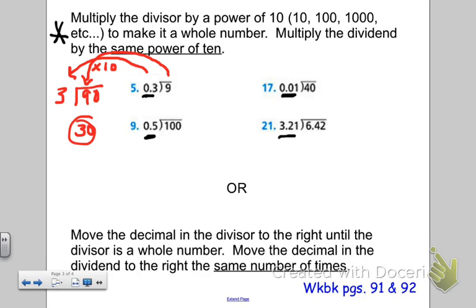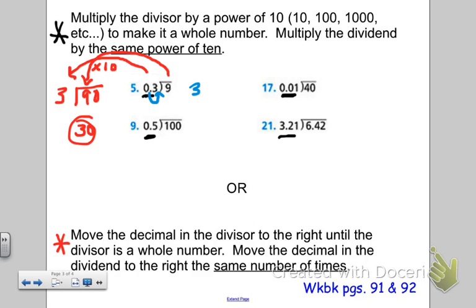Another way to look at it, if you look at the bottom, you basically are moving the decimal in the divisor to the right until the divisor is a whole number. I multiplied by 10 because I knew that would give me a whole number of 3. Then I moved the decimal point in the dividend to the right the same number of times. So, just to show you what that looks like, if I take this decimal point and move it once to the right, I now have 3. If I take the decimal point in the